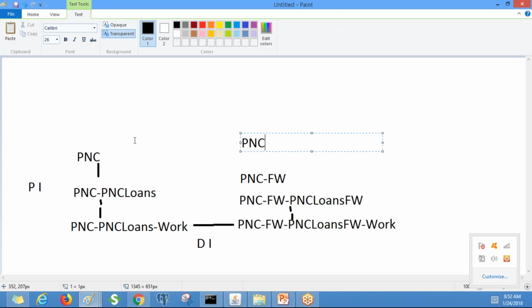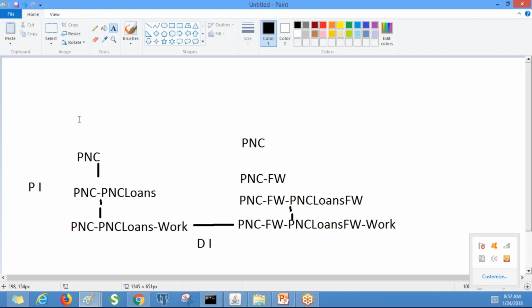Okay, so you can remove this one and directly map it as a pattern inheritance. I will give you the diagram in the material.